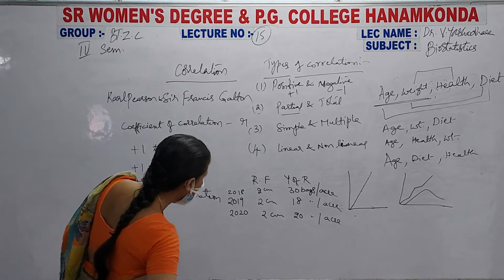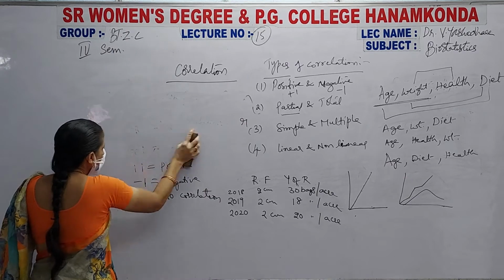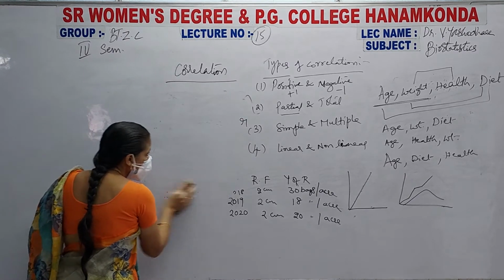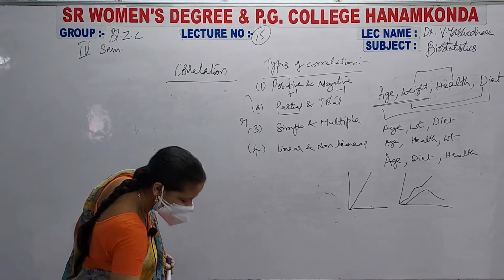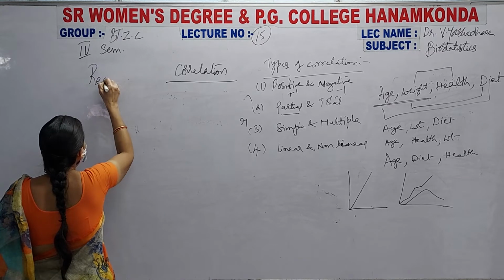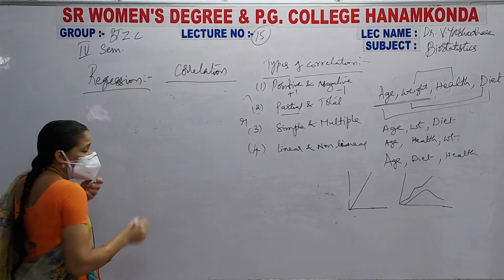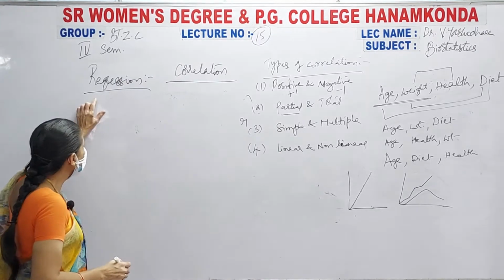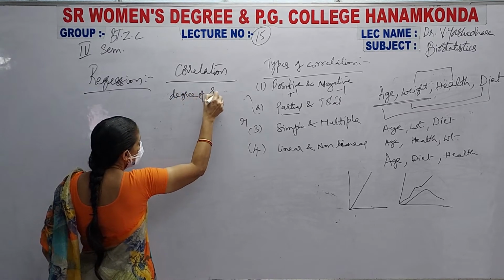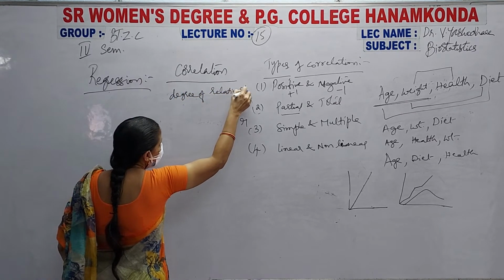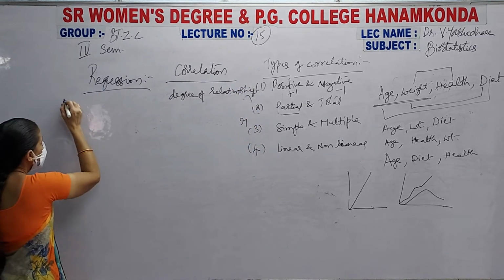Now coming to regression, see here, we will see the next one, that is regression. Regression means going back. What is going back? See here, regression means going back, and this regression is nothing but the degree of relation. It is known as degree of relationship, and this is known as